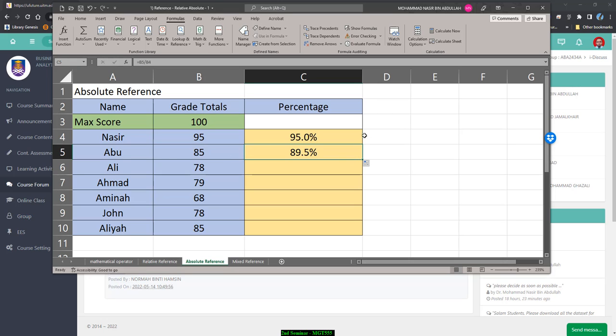Right? Tapi apa yang jadi dekat sini, dia follow ke bawah. So B5 divide by B4. But I want it to be divided by B3, which is 100. Right? So apa yang kena buat dekat sini, I kena jadikan dia absolute reference. Maksudnya dollar sign apit dengan